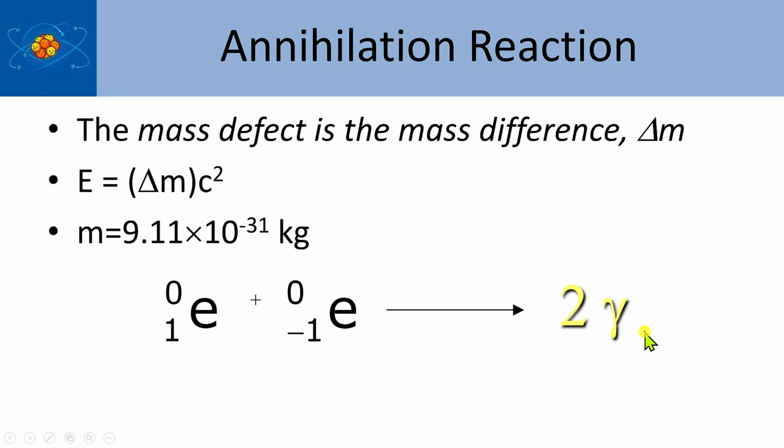So for this reaction, the way it's written, right, I could calculate it as E is equal to mc squared, right? So m is the mass of an electron, so 9.11 times 10 to the minus 31, but you lose 2 electrons here and you produce two gamma photons. So what I'm going to do is just calculate the energy per electron. This is in kilograms. Times 3.00 times 10 to the 8th squared. That gives you 8.199 times 10 to the negative 14 joules, and that's per photon because this is for just one of the